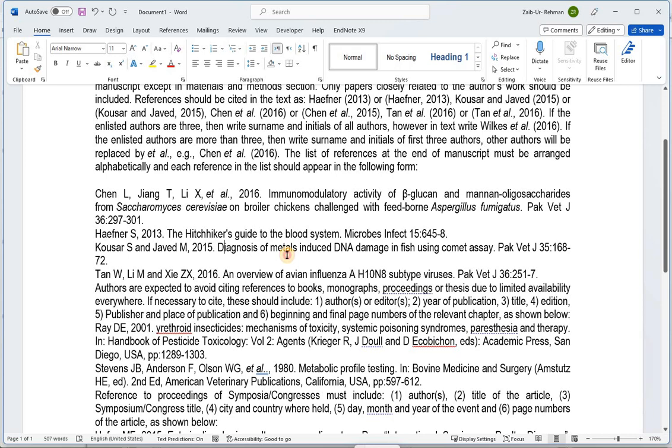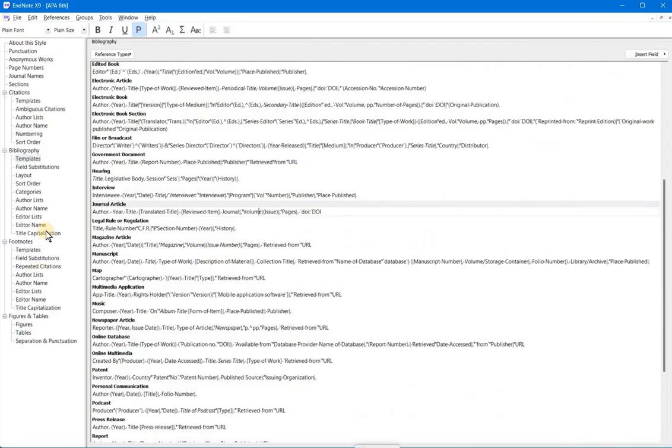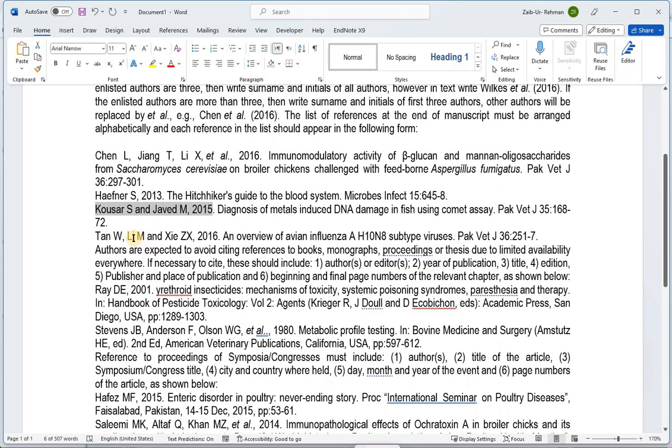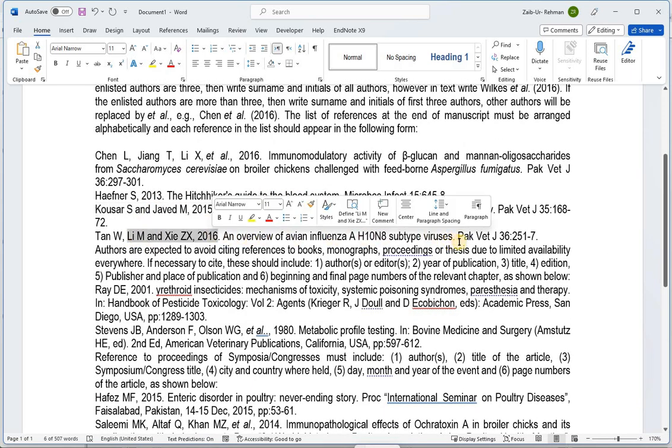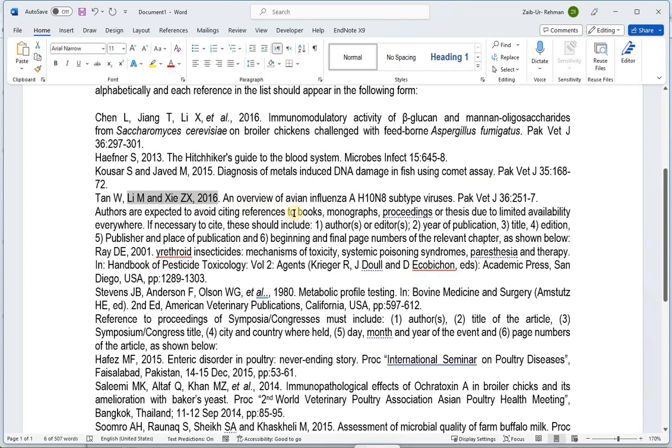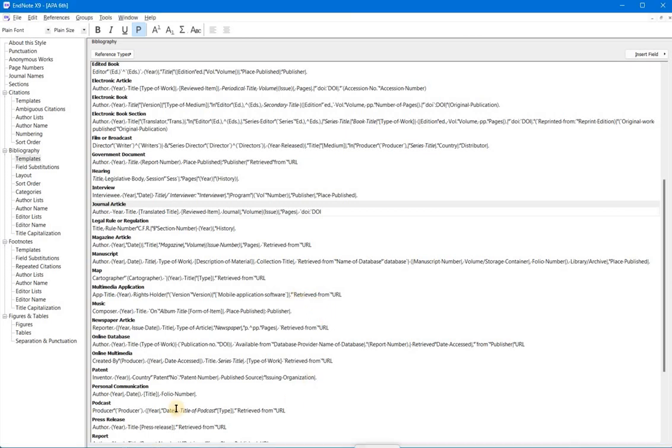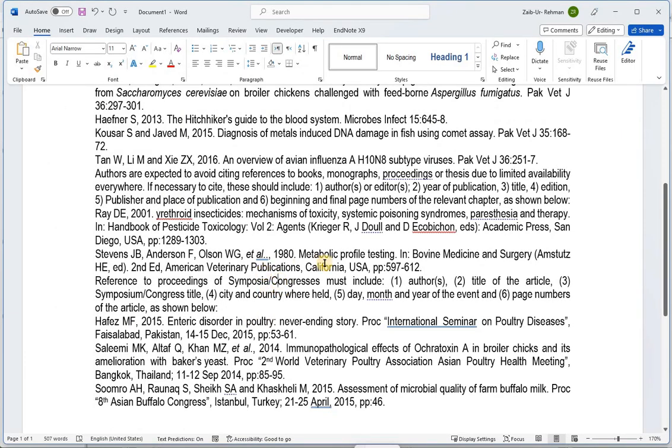If the authors are two, then the author should appear like this. And again we will check these requirements in the sort order. Then an overview of the evidence, and again like that. Then we have to look at the journal requirements related to the book. For example, here is a reference for a book, for that the first three authors, then et al., then